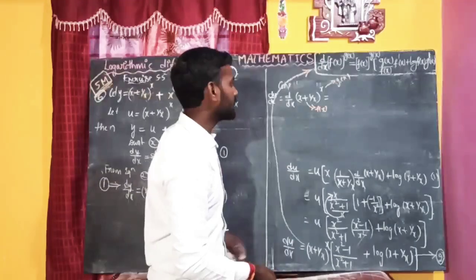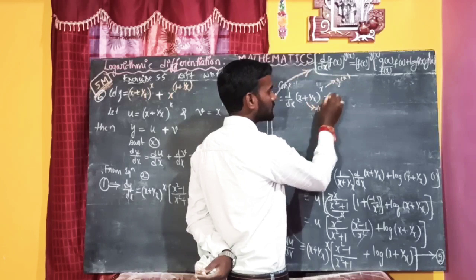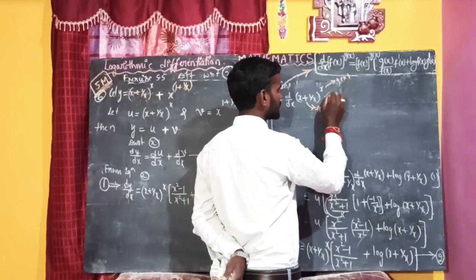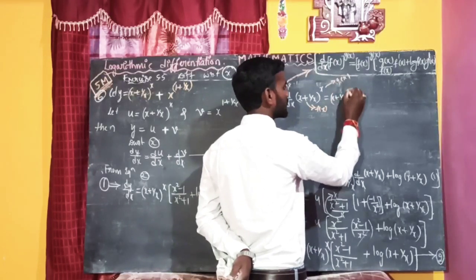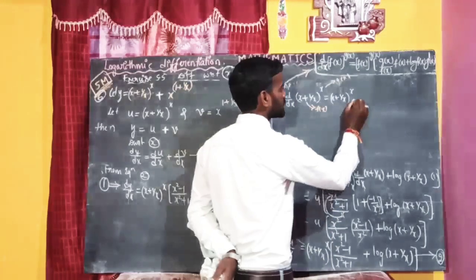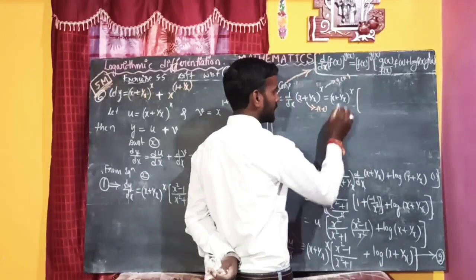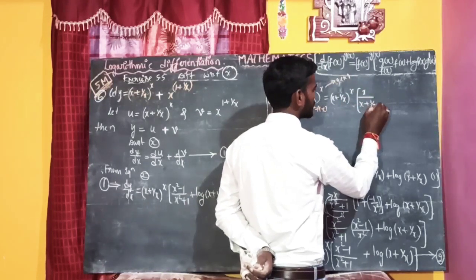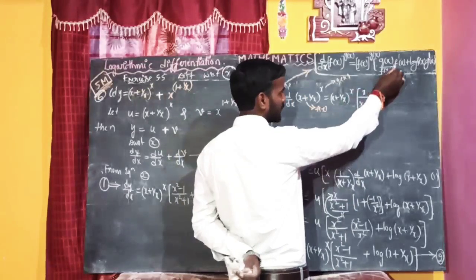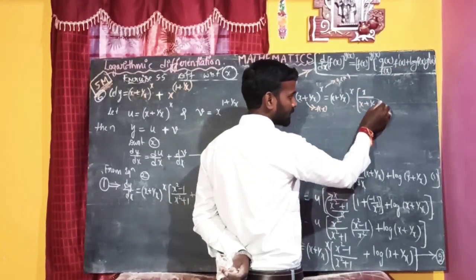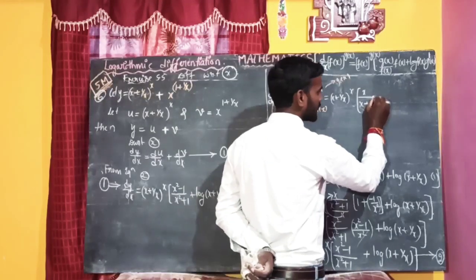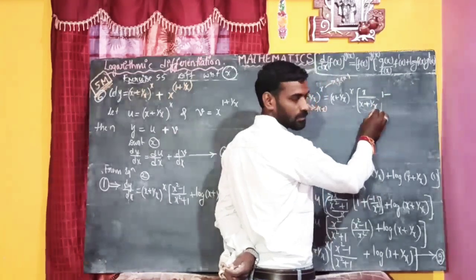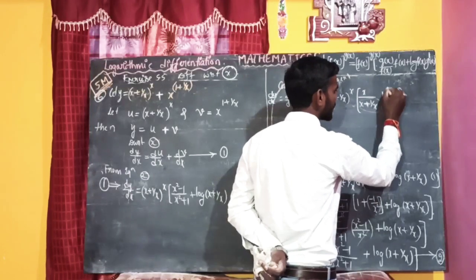Okay. Now directly I will differentiate here. Observe guys, this is equal to g of x by f of x. G of x means what? Here f of x whole power g of x, here x plus 1 by x whole to the power of x, first one. Okay. Next, f of x whole power g of x into g of x, means this x, by f of x, means x plus 1 by x, into g dash of x, means into f dash of x, means the derivative of this one. The derivative of the denominator is: x, the derivative with respect to x is 1, plus derivative of 1 by x is minus 1 by x square. So this is minus 1 by x square.